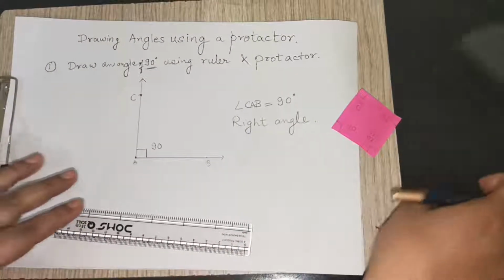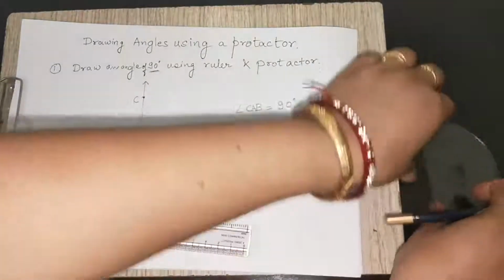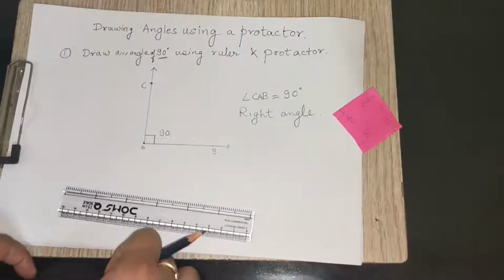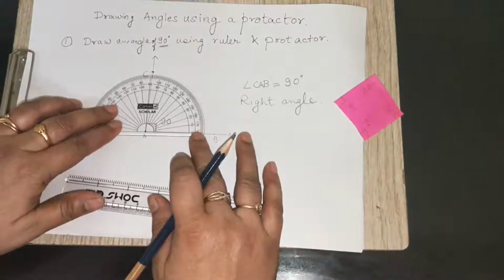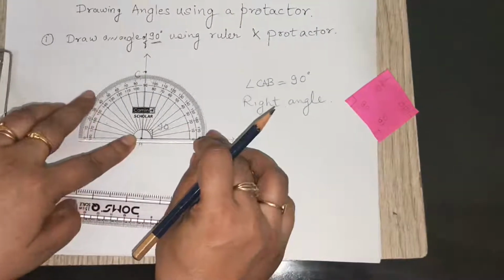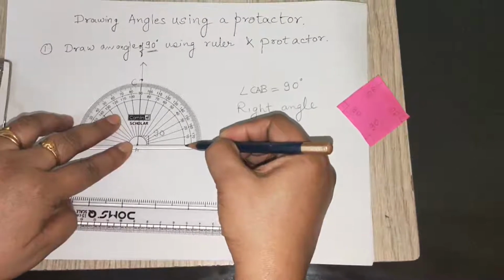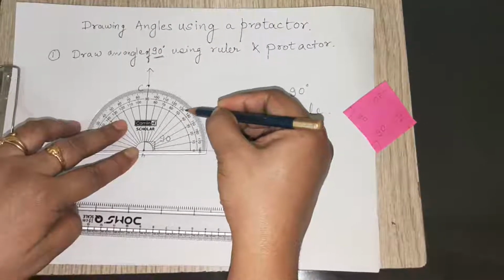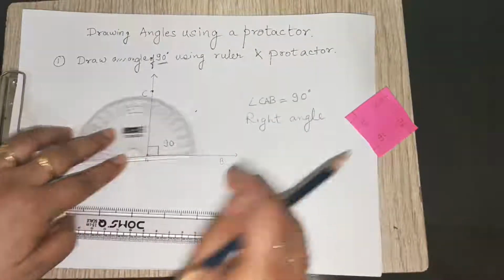Okay, and one more thing if you will note here, two 45 degree angles will make a 90 degree angle. So now I am going to explain how it is possible, children. Now children, look here, I am keeping my protractor in this way. Central point, and here you can see my central point is lying at the vertex of this angle, because this is my 90 degree angle. Here you start from this 0 and go to 45. You can see here 1 2 3 4 5 small lines. Now put a point over here.